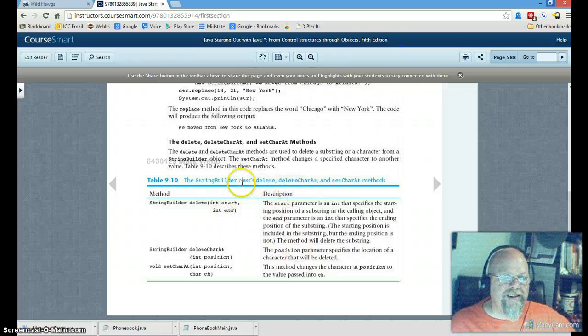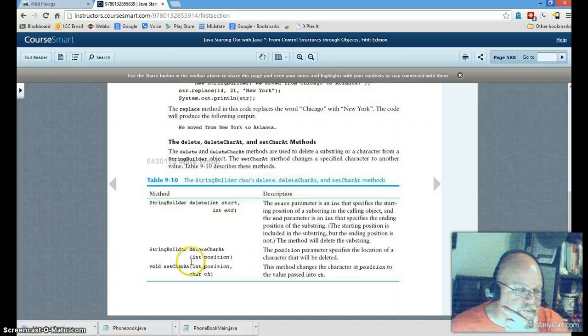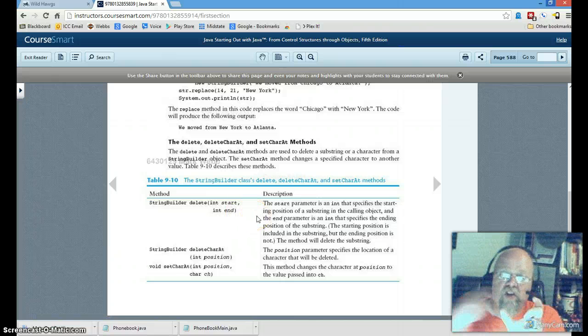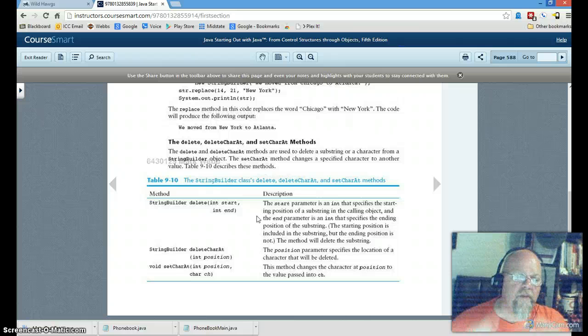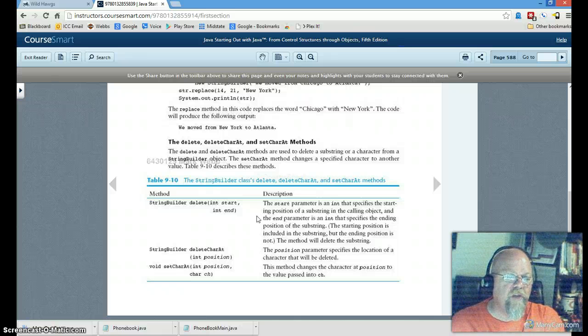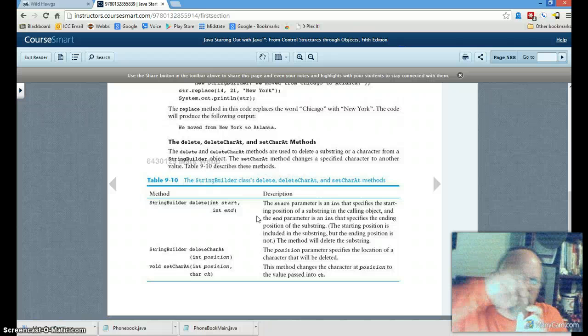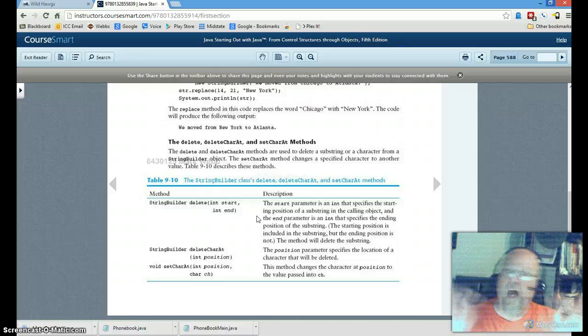Here we have delete, deleteCharAt, setCharAt. So here we have StringBuilder delete(int start, int end). We can actually take the starting position, any position, and cut those out. deleteCharAt: we can say just delete this char, one position, at a certain position. setCharAt: there we can take a char and insert it. I'm sorry, it replaces. So we have a char at this position and it replaces that with this. So we're setting this char at this position. I don't care what's there. Over